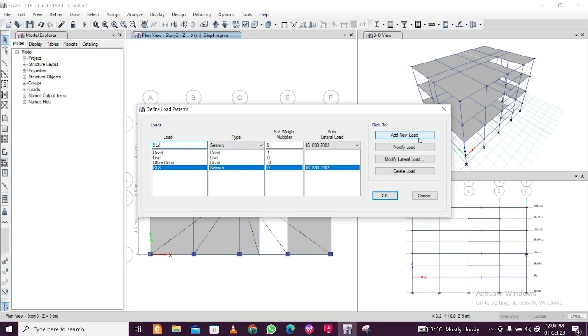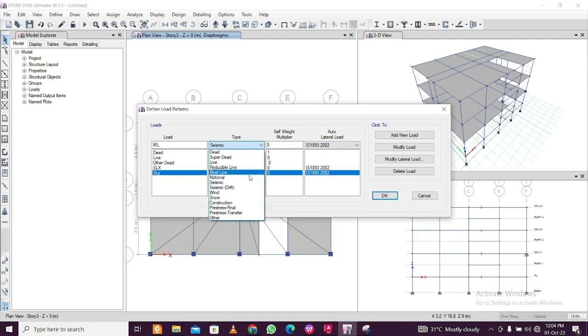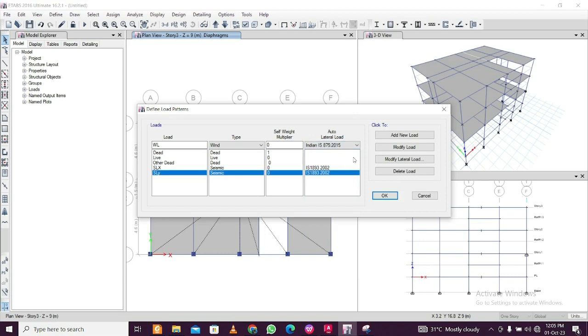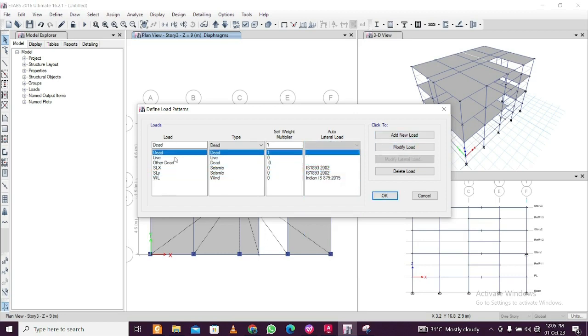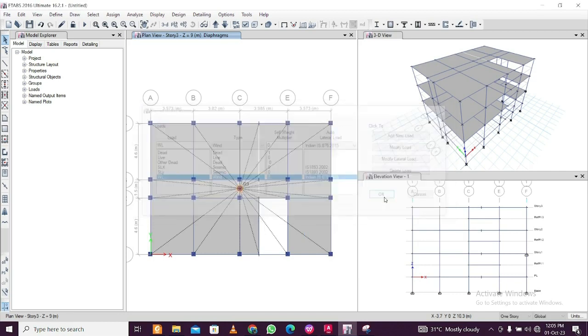Here I'll add new load, and I'll just do WL for wind load, and this will be type wind. Obviously we'll select the 875 part 3, this 2015 875, for the wind load, and new load. So this is added: dead load, other dead load. Before clicking OK here to save this,